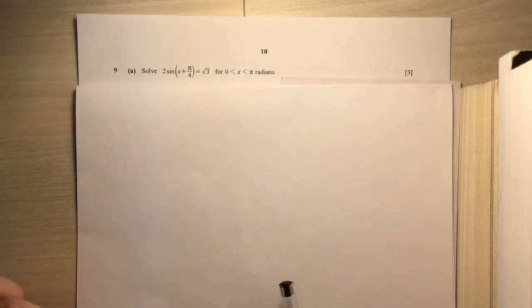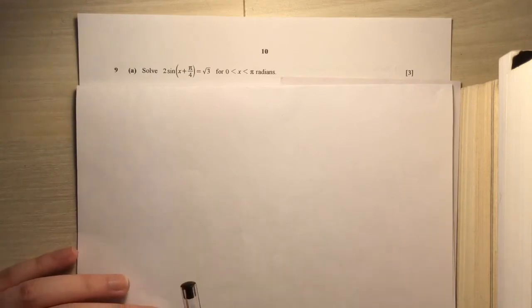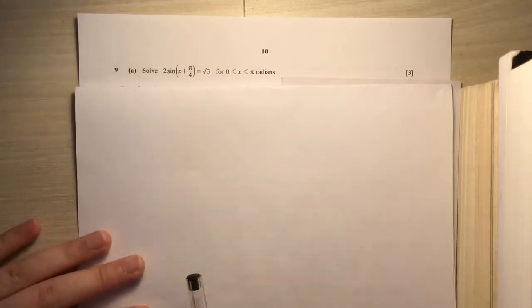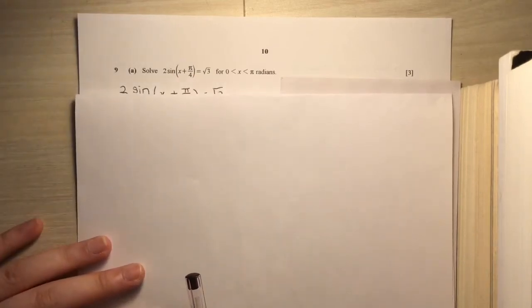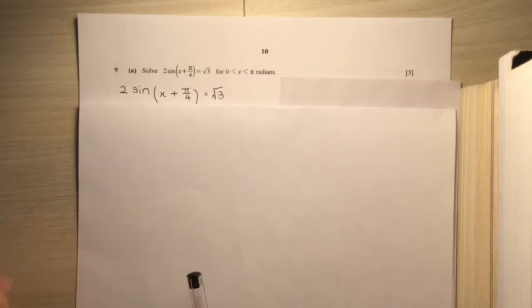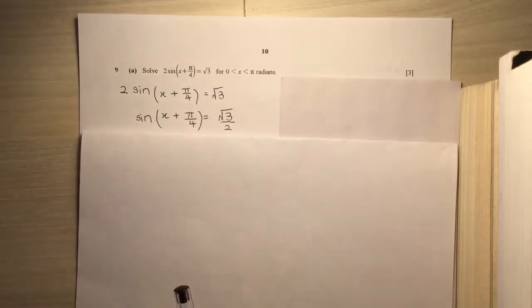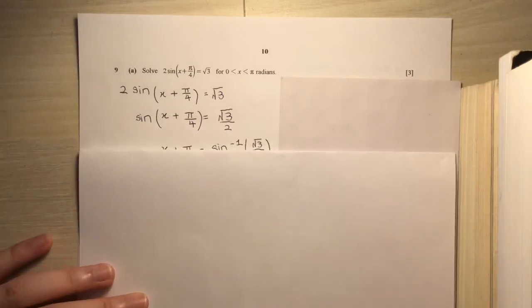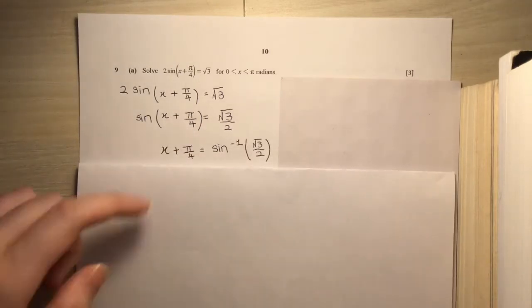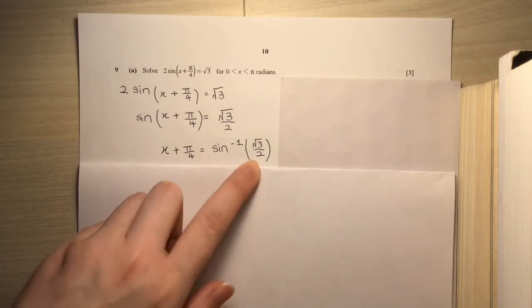Today I'll be solving question 9 from IGCSE past year paper 0606/2, October/November 2018 series. Solve this equation. Of course, you can start by moving your 2 to the right hand side first. After you move your 2 to the right hand side, immediately type this equation in your calculator to obtain your